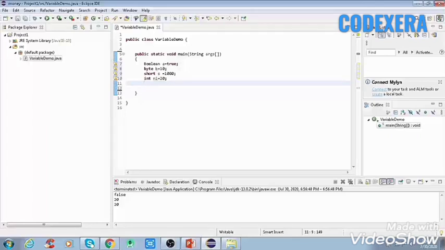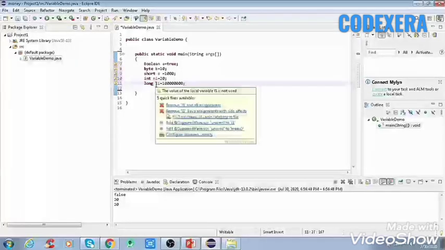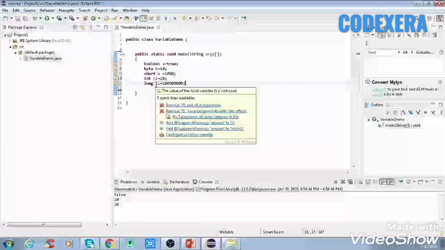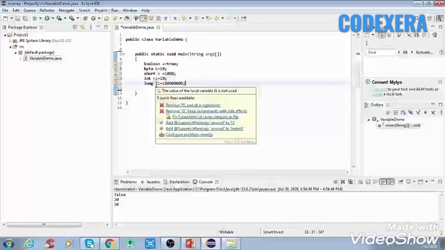It is generally used as the default data type for integral values unless there is a problem about memory. And after that there is the long data type, which is declared with the long keyword, and we give l1 as the name of the variable and put some value inside. So this is a long variable. It is a 64-bit two's complement integer. Its value range lies between -2 to the power 63 and 2 to the power 63 minus 1, and its default value is 0. It is used when you need a range of values larger than those provided by integer.